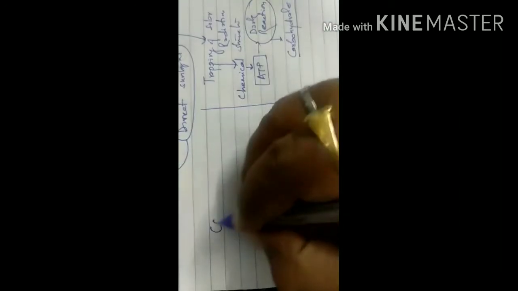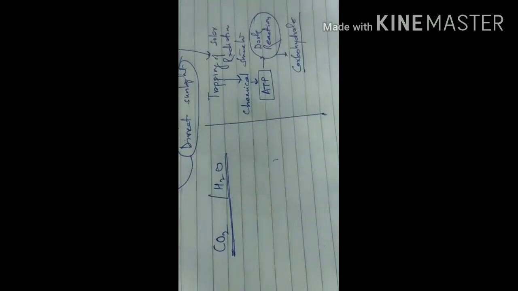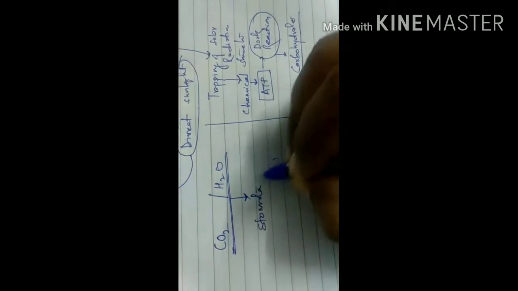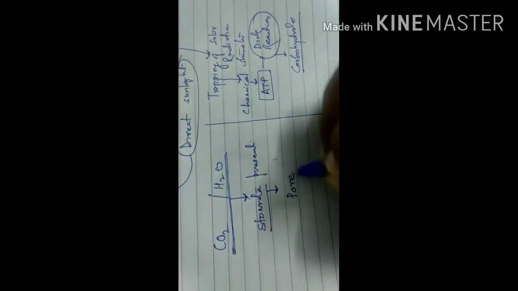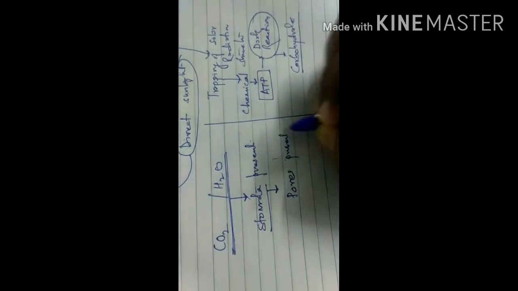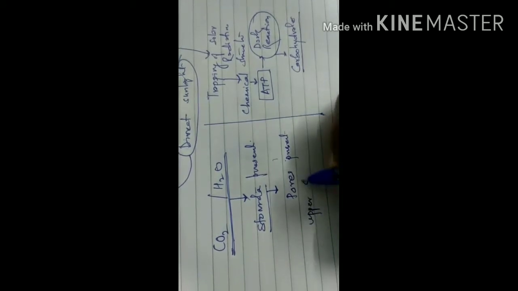As in photosynthesis, four components are required: carbon dioxide, water, chlorophyll and sunlight. So with the help of the palisade layer, the chlorophyll and the trapping of sunlight by the chlorophyll is completed. So how do carbon dioxide and water reach the leaf for the process of photosynthesis? We have also discussed a structure known as stomata present in the leaf. Actually, these stomata are pores present in both the upper and lower surface of the leaf.